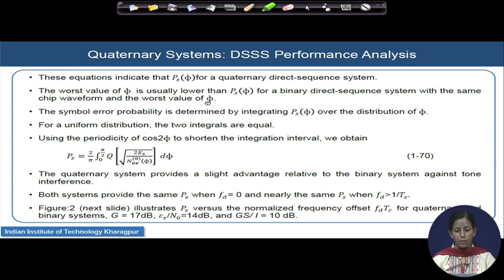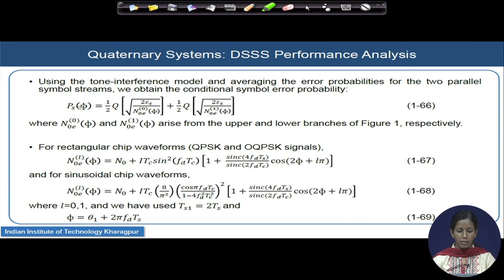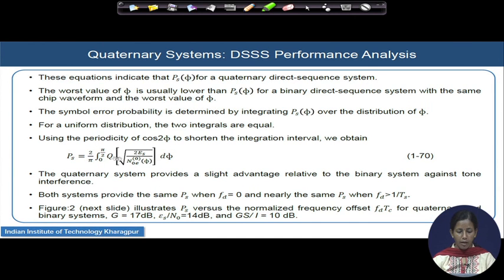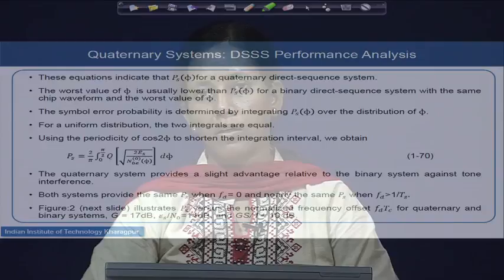So if it is usually lower, it means the P_s(phi) of the quaternary system, I mean the QPSK system or any quaternary system, will be lower than in both cases where the binary spread spectrum communication system is utilized. The symbol error probability will be determined by finally integrating this P_s(phi) over the range of phi, and we will consider that this range of phi is uniformly distributed over a zone of 0 to 2 pi, and we also understand that cos 2 phi will be